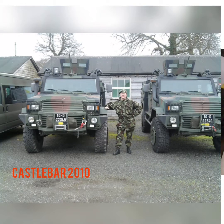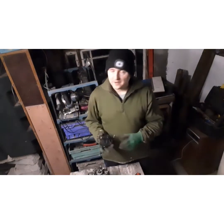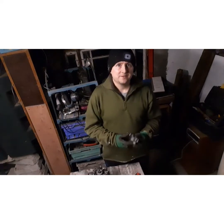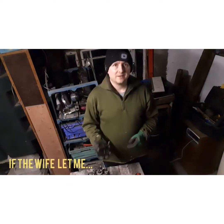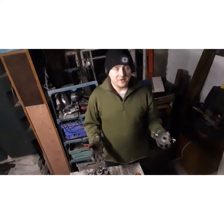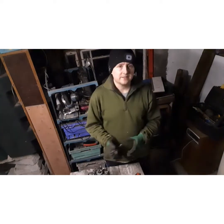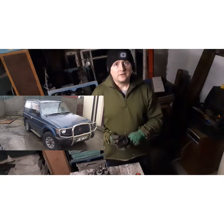Now, I didn't win the 19 million euro last week. However, if I did, I would have bought a bigger shed, and I would have parked a big armored vehicle inside it, and I would have spent the rest of my days getting that machine up to pristine condition. In the meantime, however, what I have is a 1991 Mitsubishi Pajero, and it does an awful lot of work